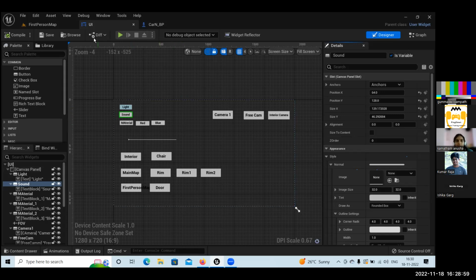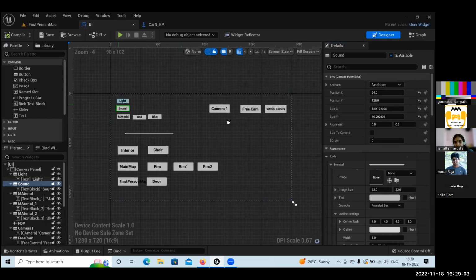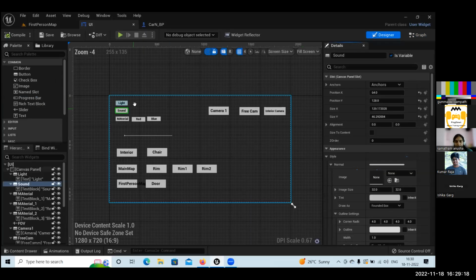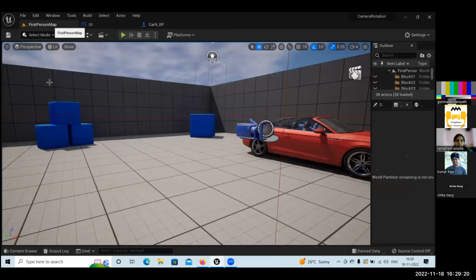As I have this one, to avoid confusion I will create one more UI, or you can use the same thing. Because I have already done the code, you may get confused, so I will create one more UI. So go to the editor tab,